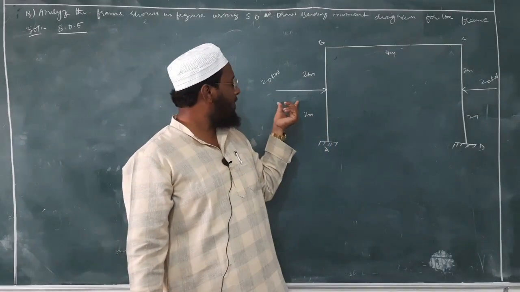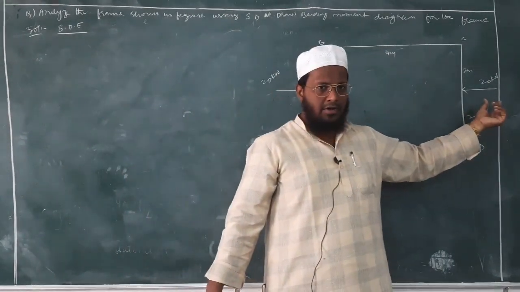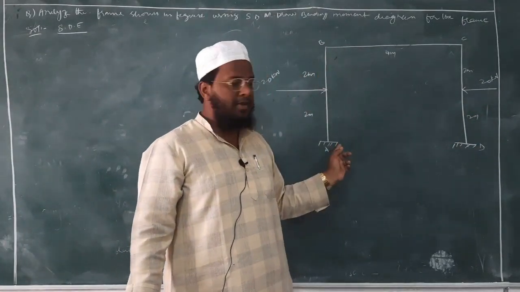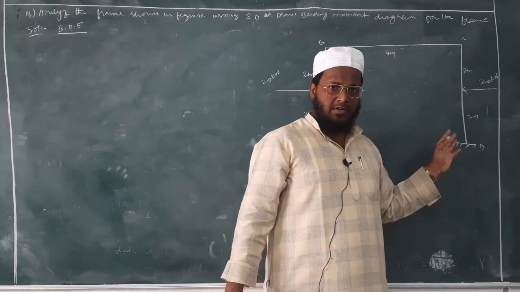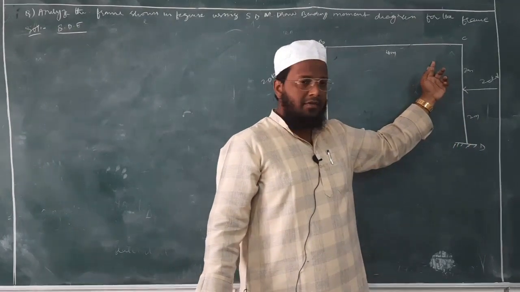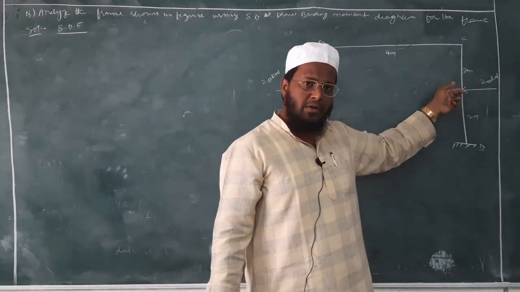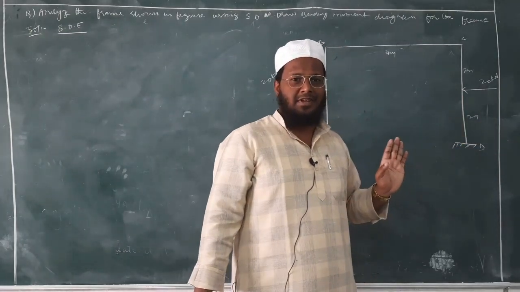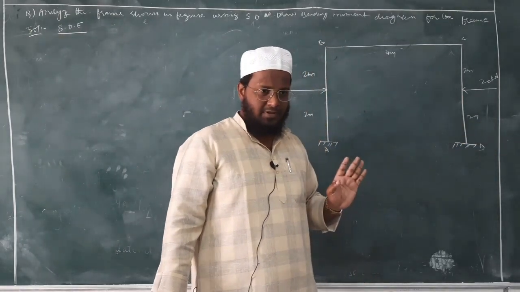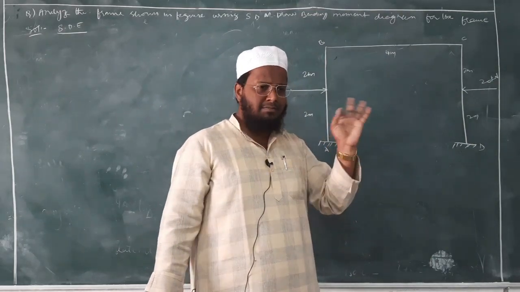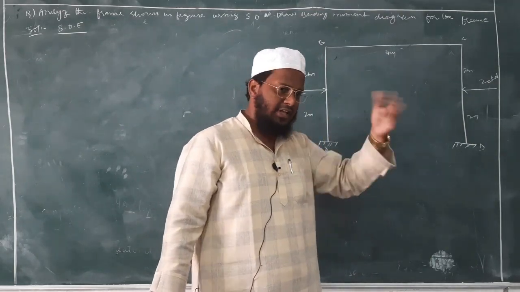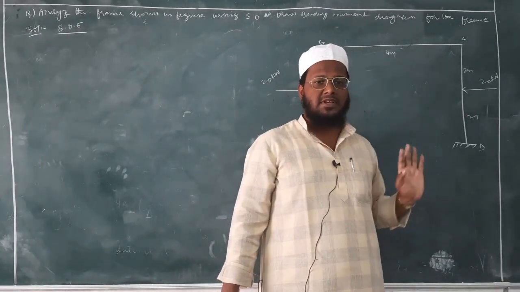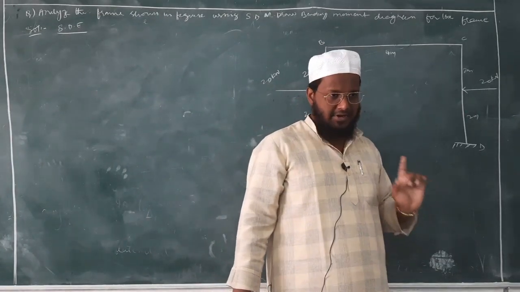We have 20 kilonewton load, we have 20 kilonewton load, we have 2 meter distance, we have 2 meter distance, and the span of AB and the span of CD are the same. We do not have any point load here. The same 20 kilonewton, if it is at 1 meter, then again the frame is unsymmetric. If we have any minor changes in the frame, then it is said to be unsymmetric. But for this frame, the entire frame is completely symmetric. Okay,